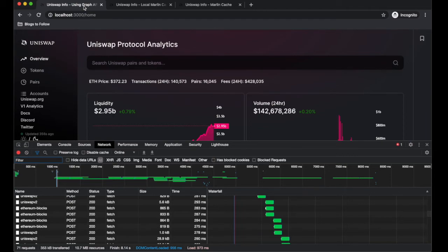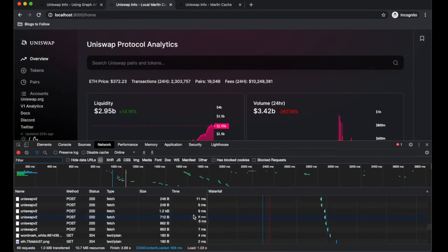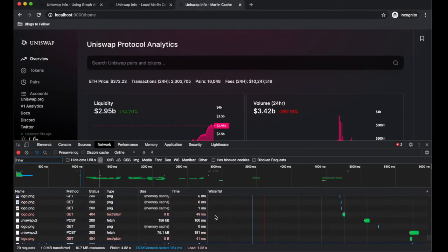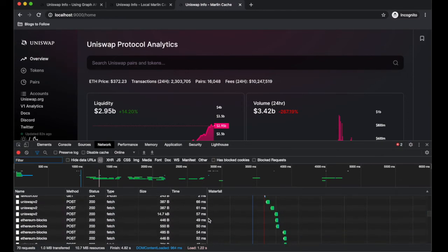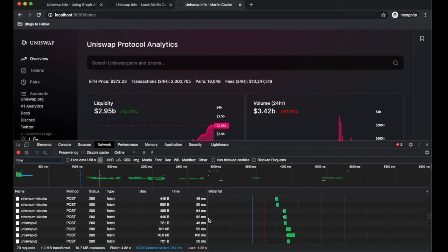When you compare it to the baseline, which is around 2.8 seconds, which is the minimum time it took for us to load even from a local Marlin cache, you can see that the query latencies are quite different for each of them. It's around 300 seconds here, in a few milliseconds, like around 10 milliseconds here, and here they are around 80 milliseconds, 70, 60, 50. So it's around 50, 60, I guess, milliseconds to actually query the data from a remote cache.